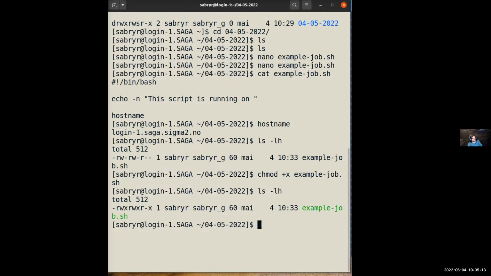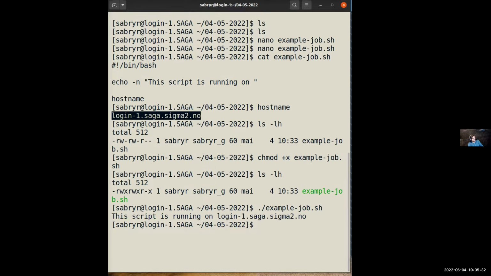So then I see that this is an executable file with an X here. Then I'm going to execute this. What do you think it will print, Bjørn? It will print this script is running on login 1. Login 1, yeah.